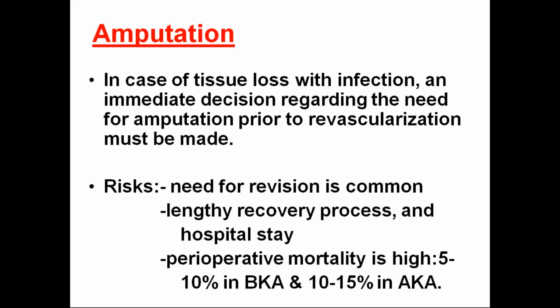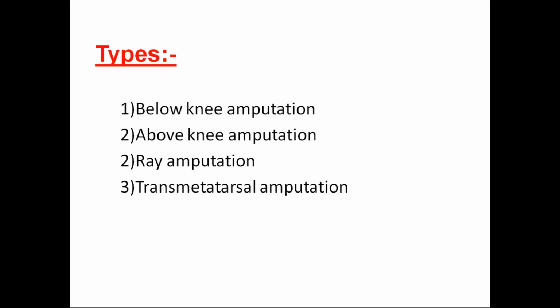So there is a lengthy recovery process and prolonged hospital stay. The patient stays up to one month or 2 months, and based upon the recovery of the blood supply to the lower limbs, we go for the discharge of the patient. So what is the risk? We have spoken earlier, that is 5 to 10% in BK and 10 to 50% in AK. So on amputation only, we are cutting down the risk of mortality for the patient. Without amputation, the risk may be triple or 4 times the normal scenario.